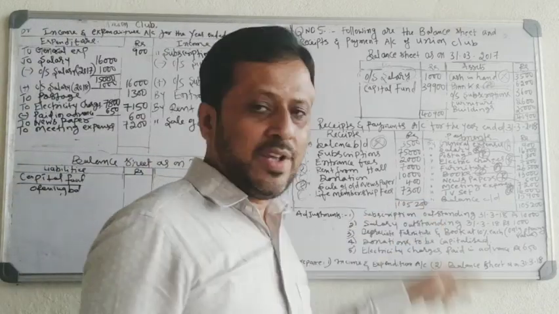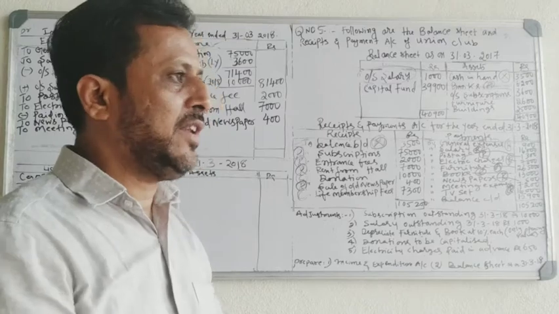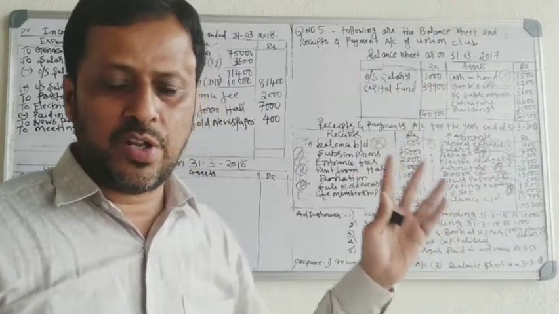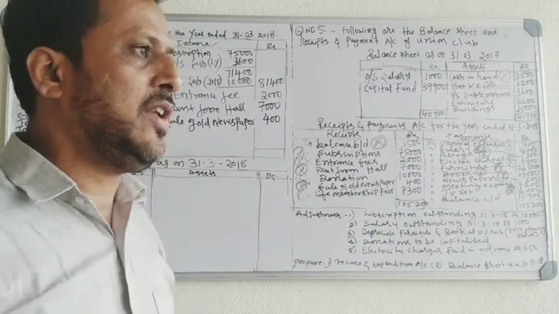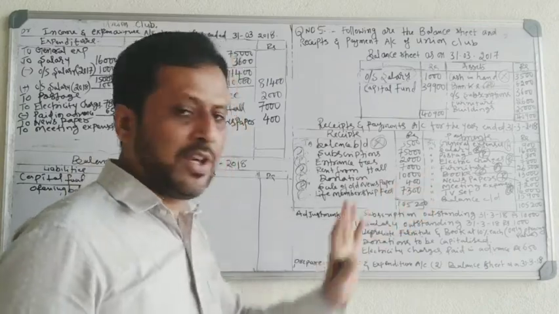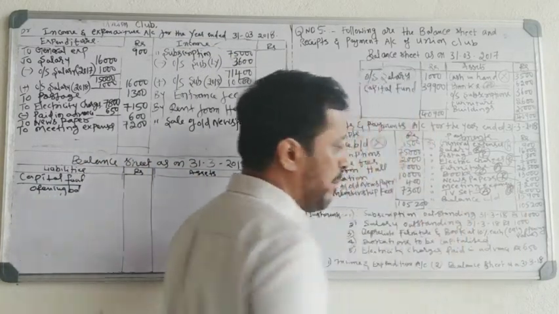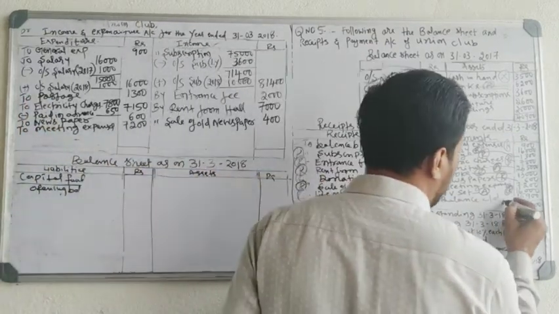TV set. TV set is purchased very rarely. Suppose in your house, your father will purchase the television only one time in 10 years or 15 years or 20 years. So TV expense is a rare expense. It is a capital expense. So don't take TV expenses. Capital expenditures are treated as asset. Balance carried down means this year cash and bank balance. It is also an asset.